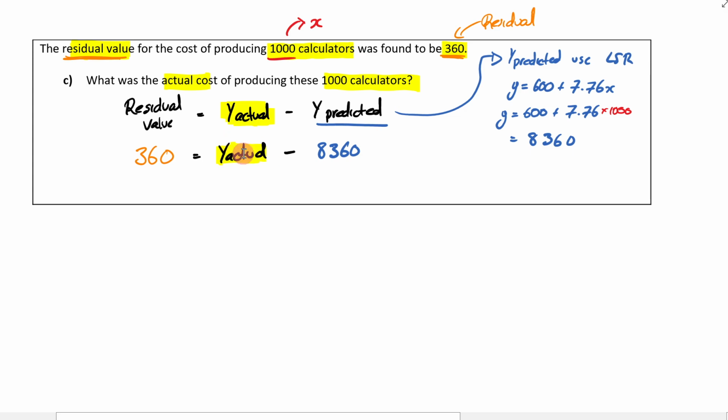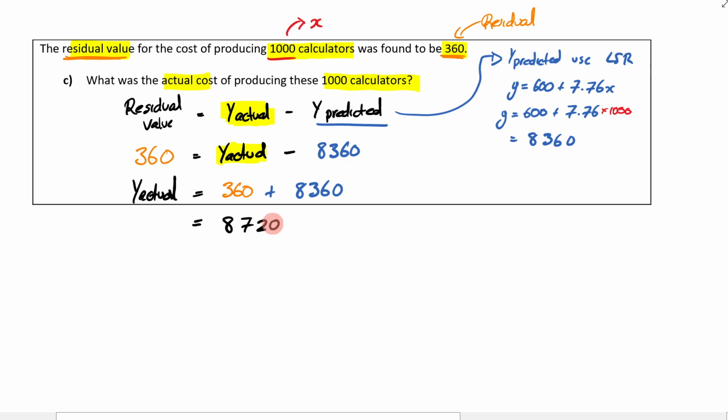And now, to find what this actual Y is going to be, we need to get it by itself. So we're going to plus 8,360 onto the other side. So at the end of the day, my Y actual is going to be equal to 360 plus 8360. And that means my final answer here, once we add these together, again using your calculator, is going to be